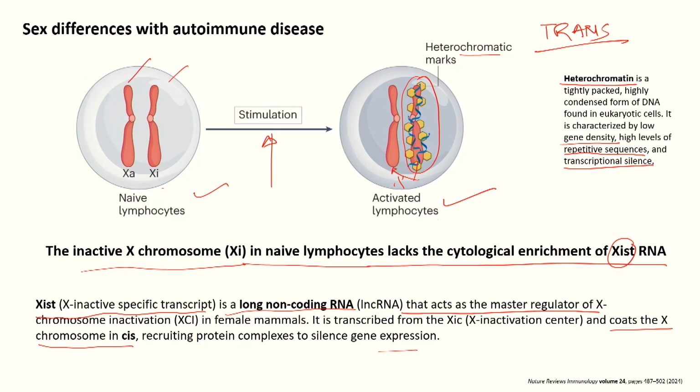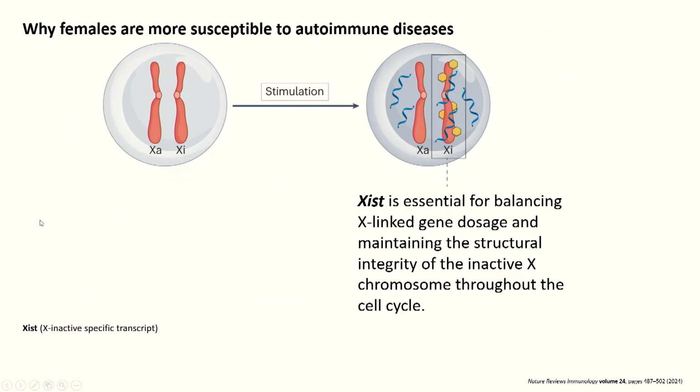So that means these XIST specific transcripts are very important to make the differences in the autoimmune aspect of the females. So these are regulated and causing the gene silencing to happen in case of female. This is our understanding based on the research findings to date. So what does it mean? Once we have a stimulation, then these XIST specific transcripts are coming and causing global silencing of the gene expression in case of females, and therefore